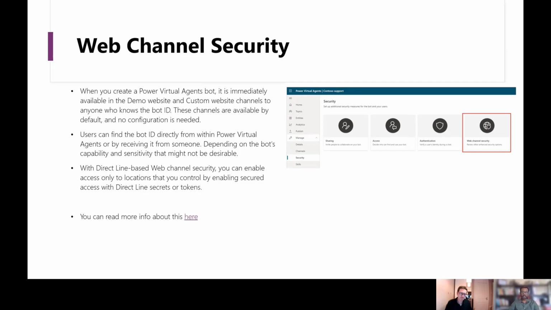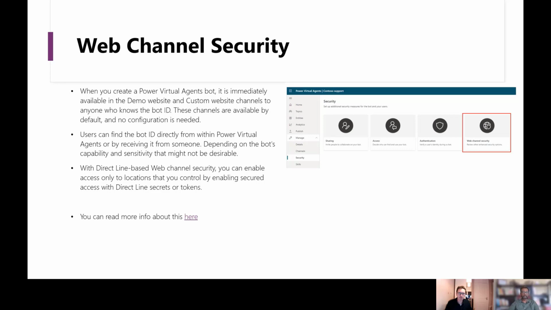So that's another thing to keep in mind if you want to do this kind of as an architect. If you want to shut down your bot being accessed from outside your organization, these are some options which are available out of the box for you to do. That one's also super common in